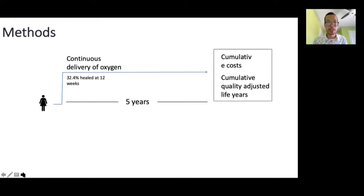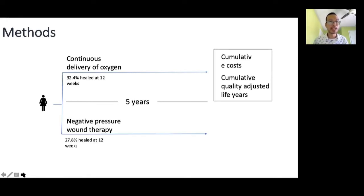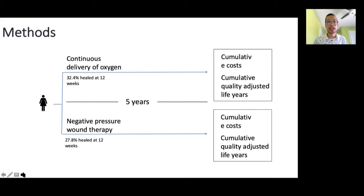So that's why it's called quality adjusted life years. If we calculate the cumulative cost and quality adjusted life years over 5 years for an individual receiving CDO, and then, next slide, take the same individual and look at if they were to receive negative pressure wound therapy instead, and the outcomes in terms of healing associated with that, and then also project 5 years, next slide, their cumulative cost and quality adjusted life years, then we can do